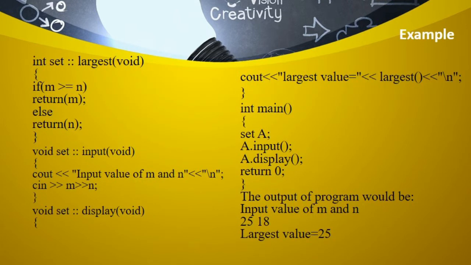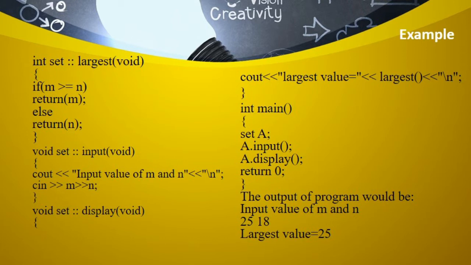Next, the member function largest is defined. To define a member function outside the class, we have to use the scope resolution operator. So that is int, set is the class name, scope resolution operator, and largest is the member function name. Now the execution of the member function begins by opening the curly braces. Within the curly braces, I have inserted a few statements, and next the second member function is input. In the same way, the input member function is also defined, and likewise the display member function is also defined using the